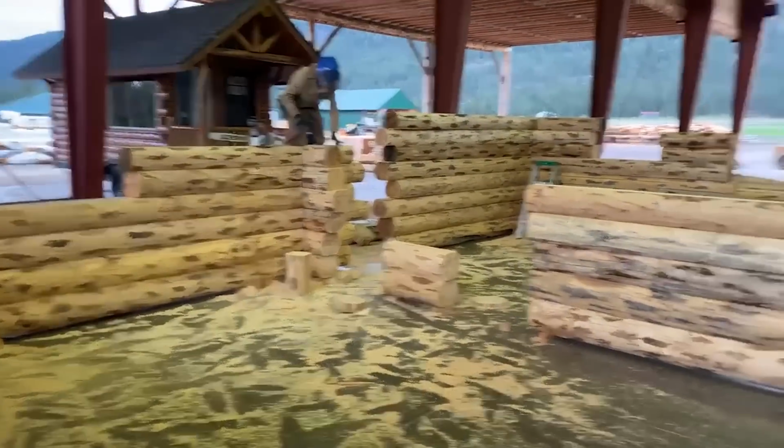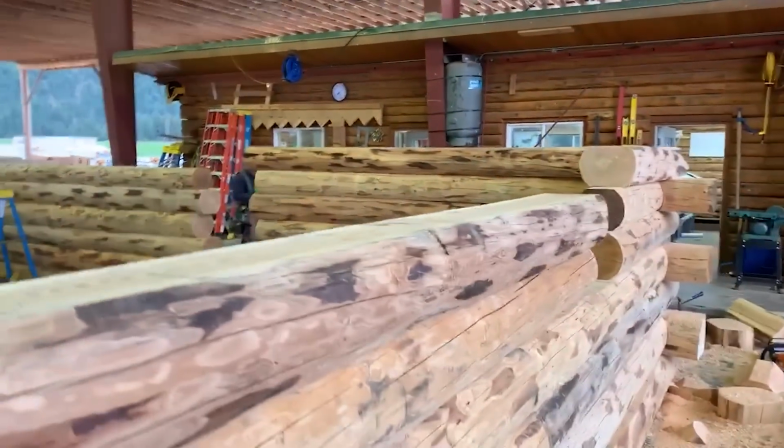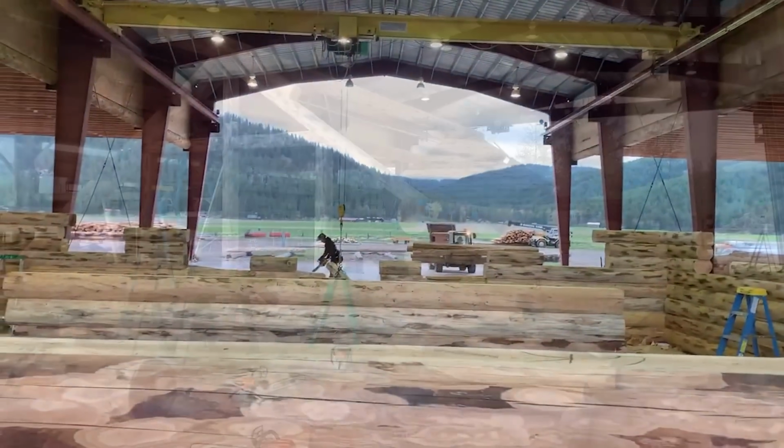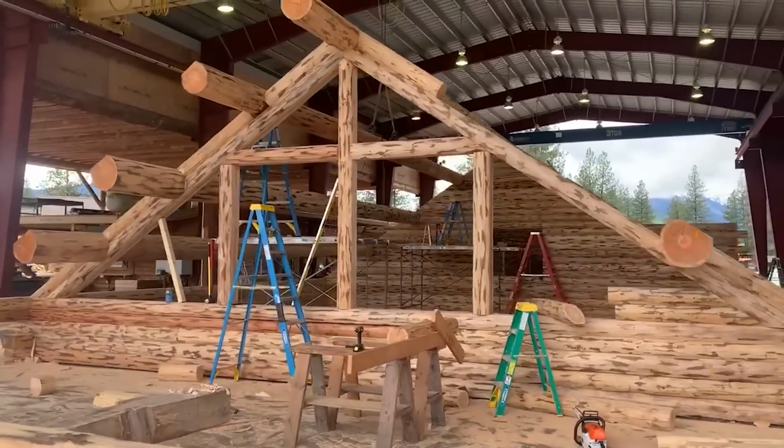I just notched over there and coming right along. It's gonna be a great day. All right, well, it's lunch break right now. Guys are eating lunch. Everything's quiet, and